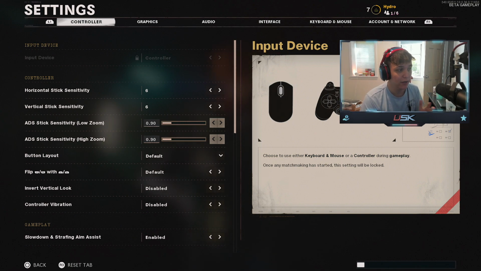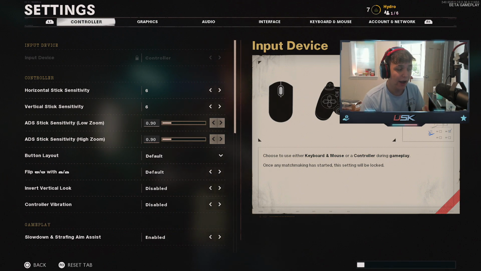So starting off on my controller settings, I have a 6.6 sensitivity. A lot of these are just copy and pasted from what I currently run in Modern Warfare. Transferring over from Modern Warfare to Black Ops Cold War, I still see it as a very balanced sensitivity. I might change it here and there throughout the game, but as of right now, there's really no point in messing around with it too much because we're not even in the full game, and more than likely they're going to tweak how the sensitivities actually work and add more options for it.